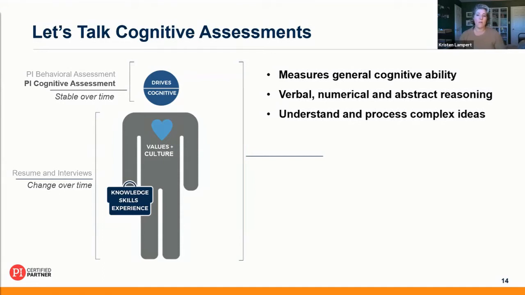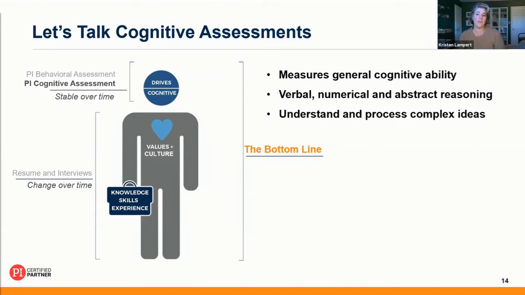So cognitive is really based on 100 years of research that shows us that cognitive ability is a strong predictor of job performance. And throughout the last century, there have been hundreds of studies that have measured the connection between cognitive ability and job performance. In fact, there's a whole statistical method called meta-analysis that has pulled in hundreds of thousands of data points to inform the correlation between these two factors. And in fact, it explains that 42% of job performance can be predicted based on somebody's cognitive ability.